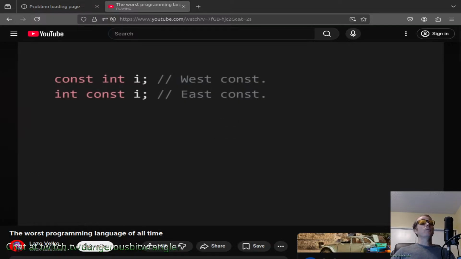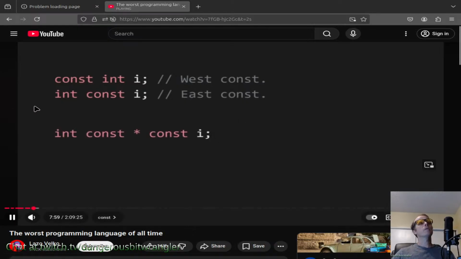Which makes me wonder what a C++ compiler would look like under the hood. It's got to be horrific. Like, oh yeah, by the way, it could be int const or it could be const int, and you need to support both scenarios. That's ridiculous. Because pointers can also be const, so it takes a bit of practice getting used to figuring